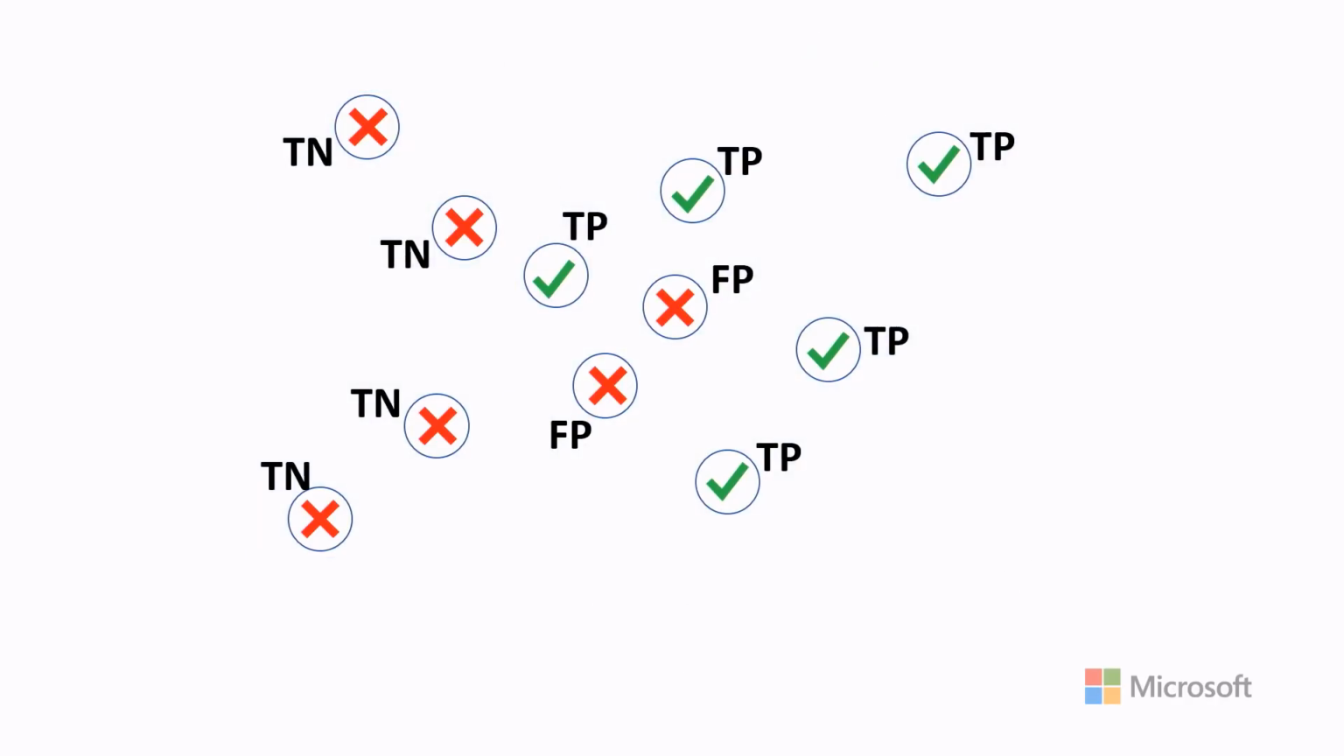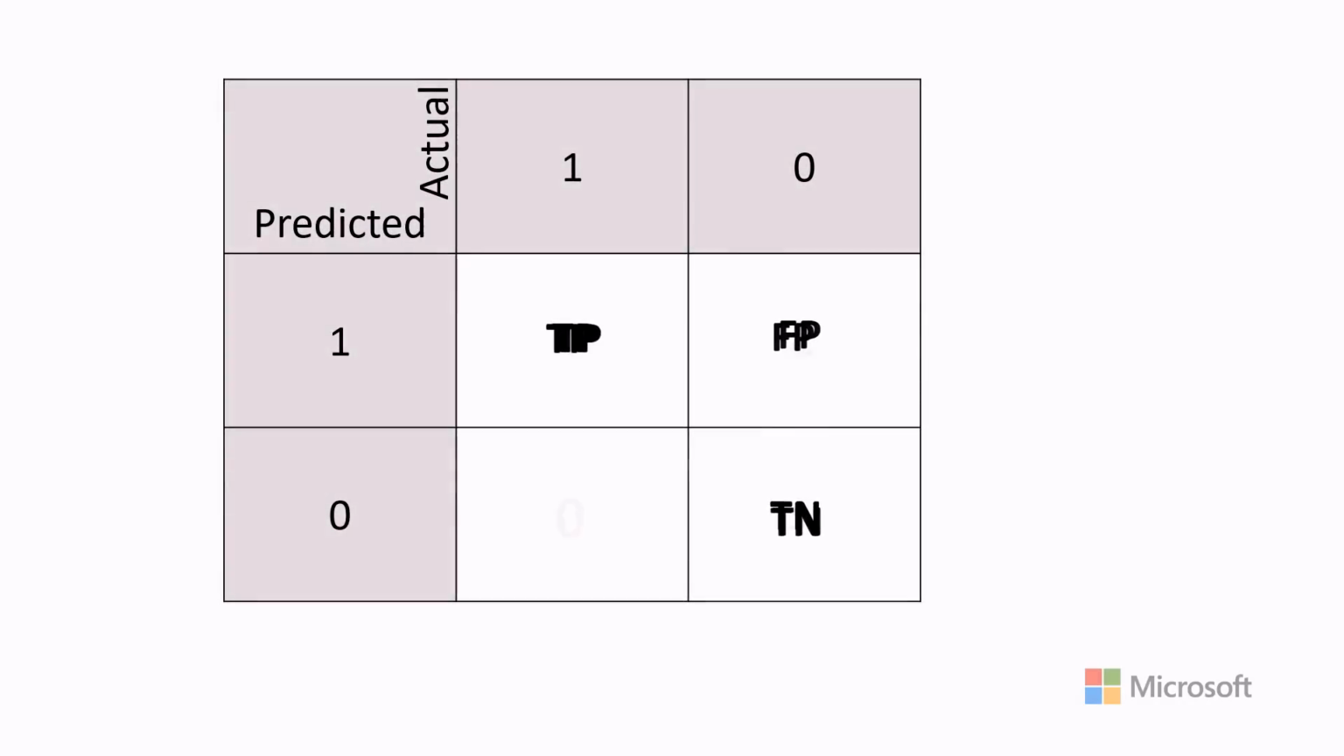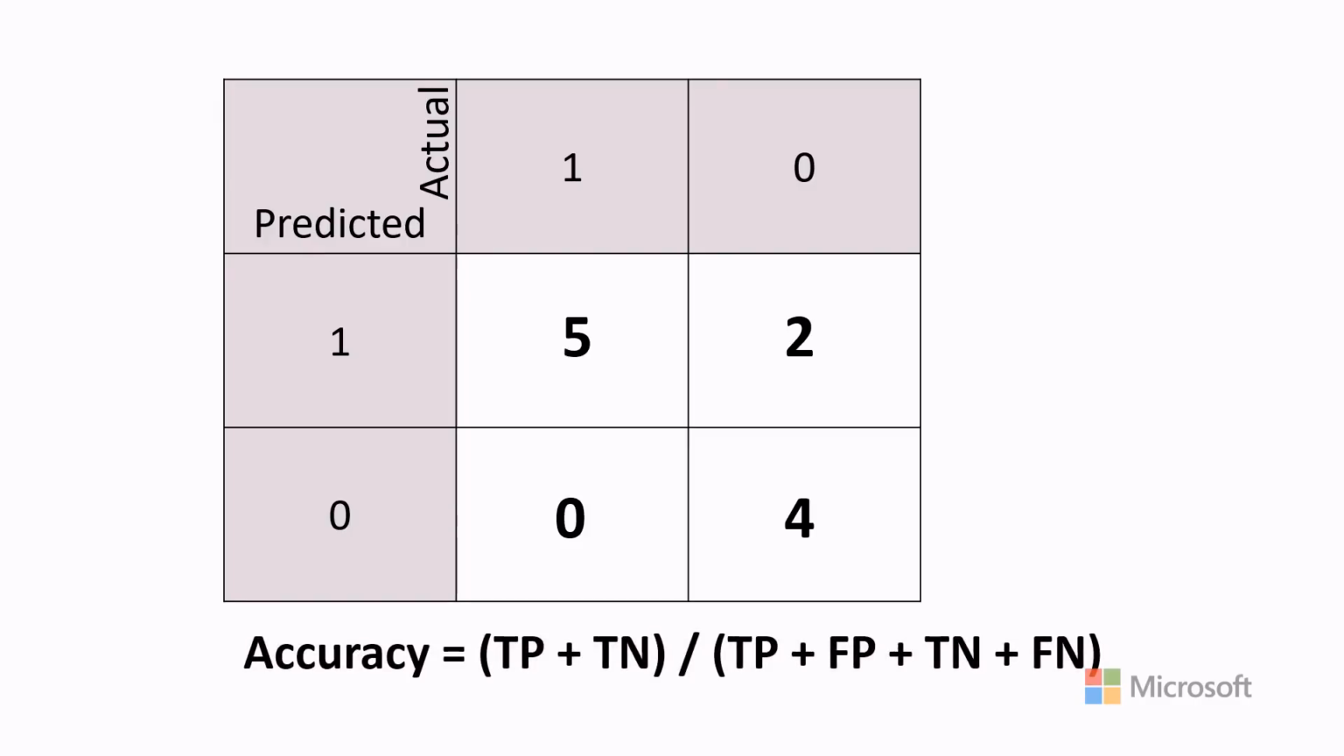Now, the number of true positives, true negatives, false positives, and false negatives produced by your model is crucial in evaluating its effectiveness. The counts of these are often shown in what's called a confusion matrix, and this provides the basis for calculating performance metrics for the classifier. The simplest metric is accuracy, which is just the number of correctly classified cases divided by the total number of cases. In this case, there are 5 true positives and 4 true negatives, and there are also 2 false positives and no false negatives. That gives us 9 correct predictions out of a total of 11,